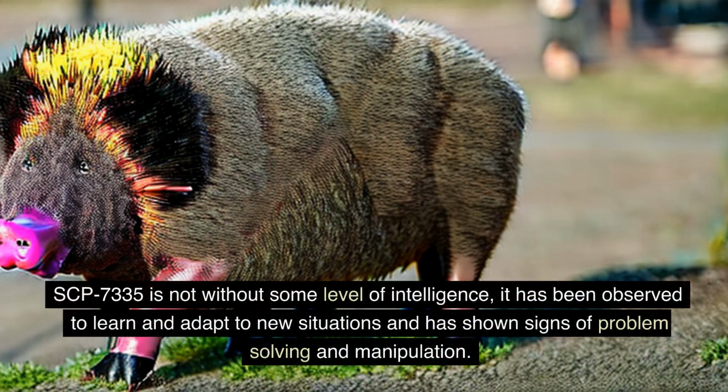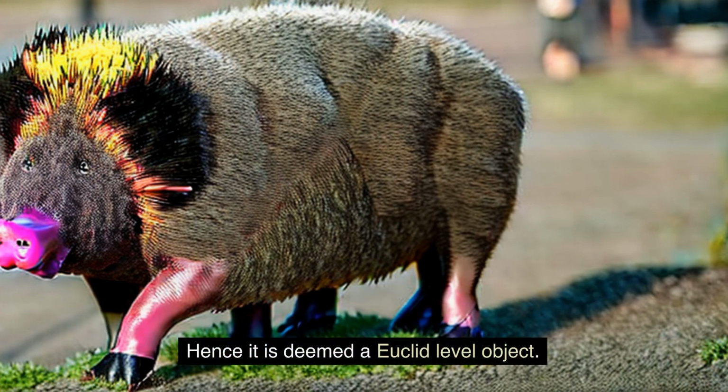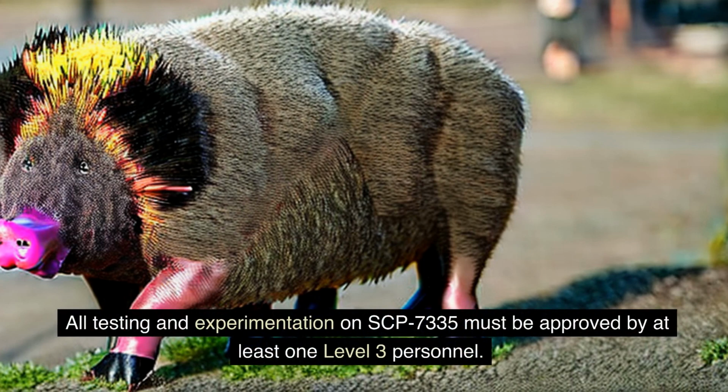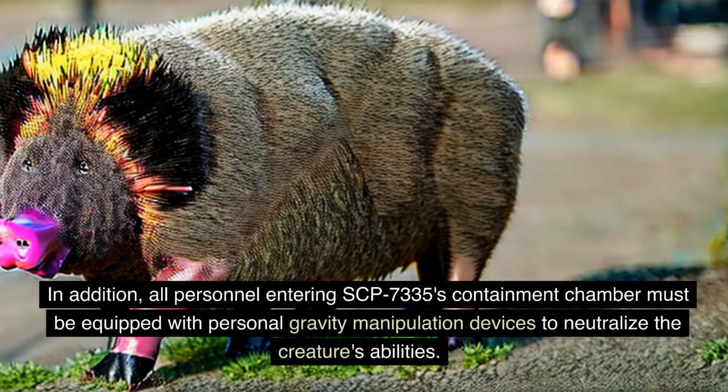SCP-7335 is not without some level of intelligence. It has been observed to learn and adapt to new situations and has shown signs of problem solving and manipulation. Hence, it is deemed a Euclid-level object. Due to the nature of SCP-7335's abilities, extreme caution must be exercised when handling or approaching the creature. All testing and experimentation on SCP-7335 must be approved by at least one Level 3 personnel. In addition, all personnel entering SCP-7335's containment chamber must be equipped with personal gravity manipulation devices to neutralize the creature's